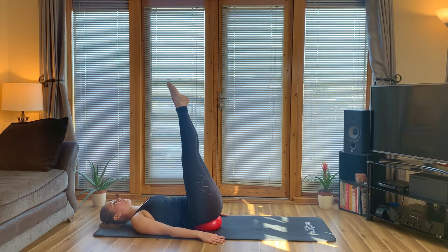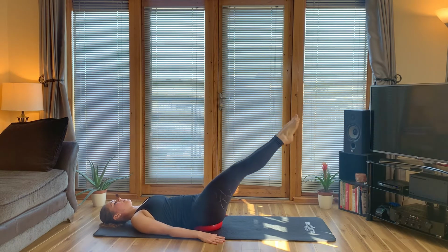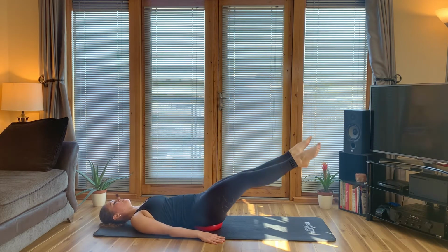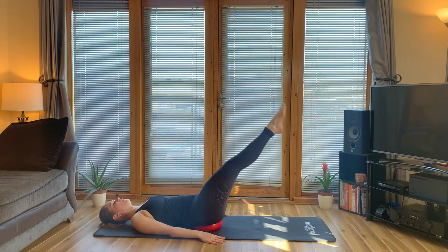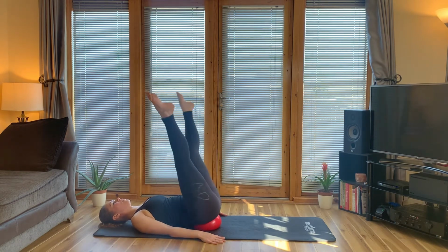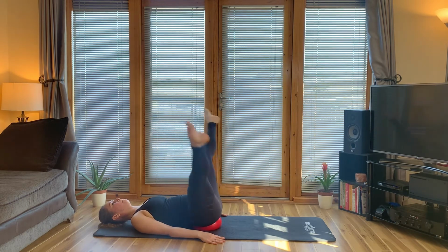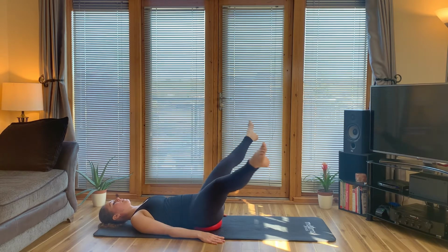And from here we're going to circle, then both. So we're going to lower, open out to the sides, and meet in the center. And let's go lower, out, and bring it in. 2 more before we change direction. Let's go. Perfect. Change direction. So we go out, down,